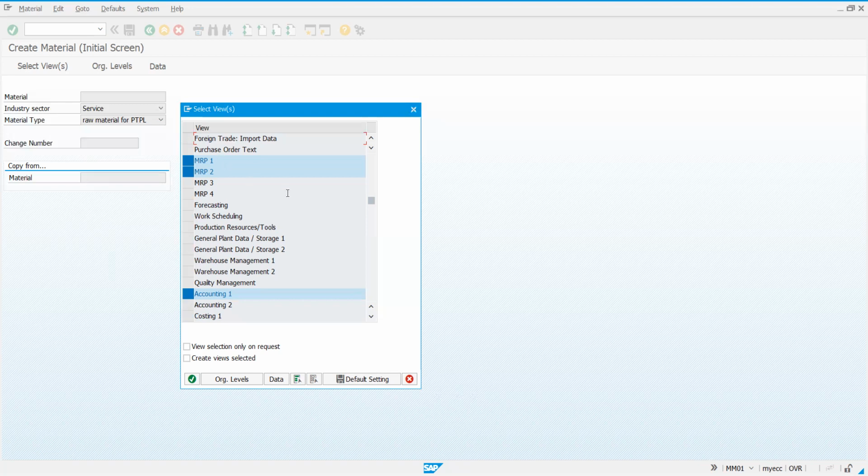Now, before proceeding, I would like to demonstrate one more thing. As you can see now, you are able to see MRP 1, 2, 3, 4 here. And just observe, the purchasing view also you are able to see.